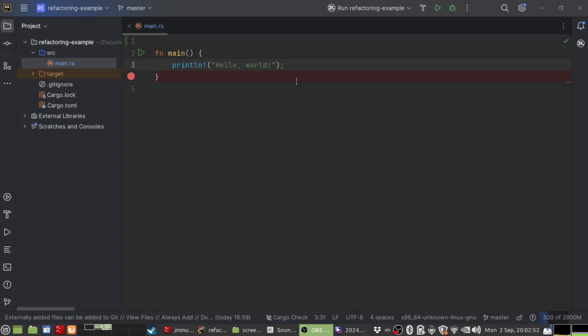Alright, so I wanted to show some refactoring tools that the JetBrains IDEs have. So I'm gonna write some nonsense code to show them. So let's say I'm gonna put some value here